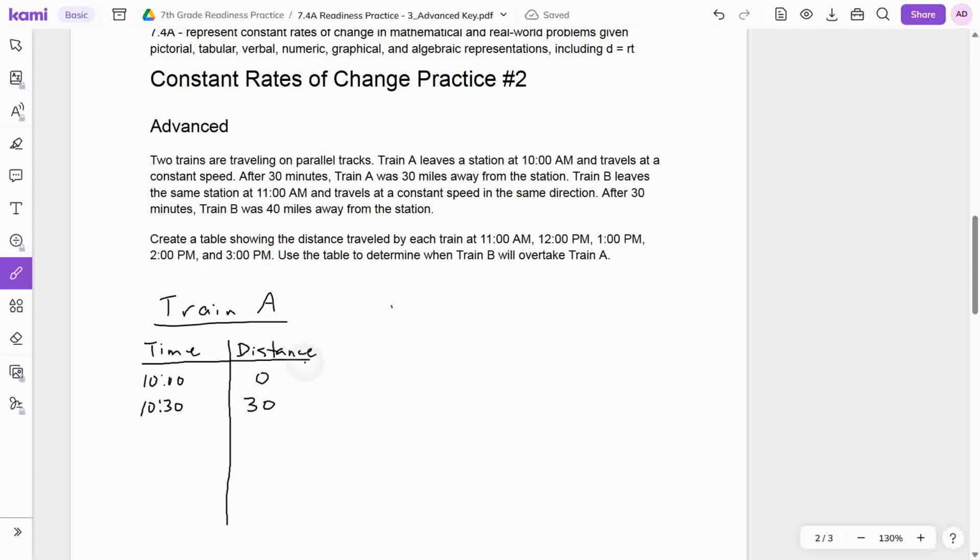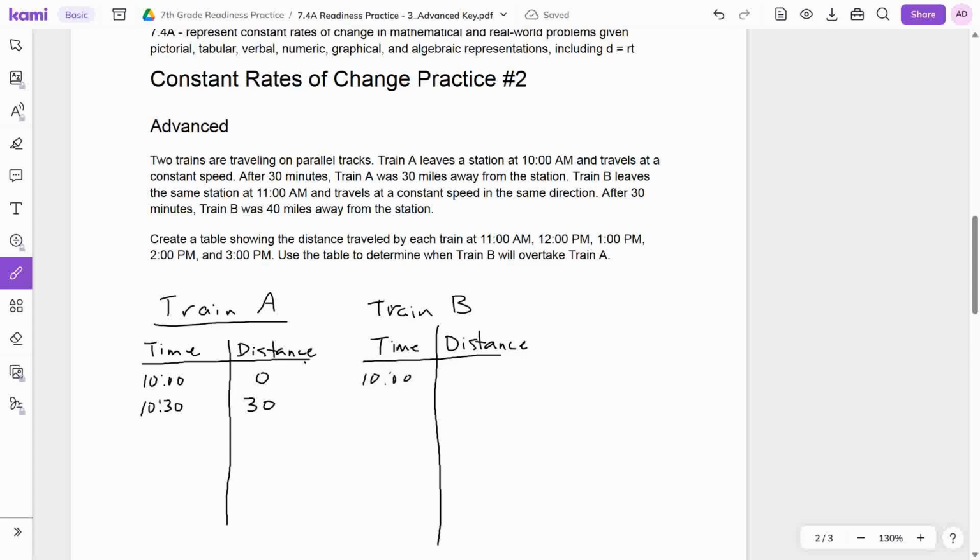I'm going to kind of extend this right here. I'm just going to make time distance, kind of jump over. This one is going to be train B. So train B, what do we know about that? Train B leaves the same station at 11 a.m. Okay, so if I want to keep things